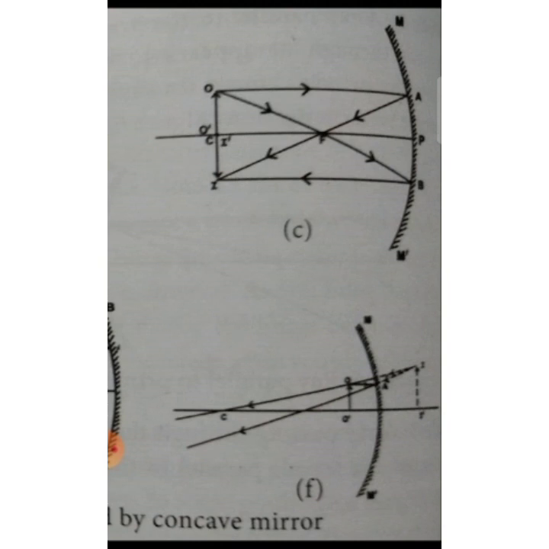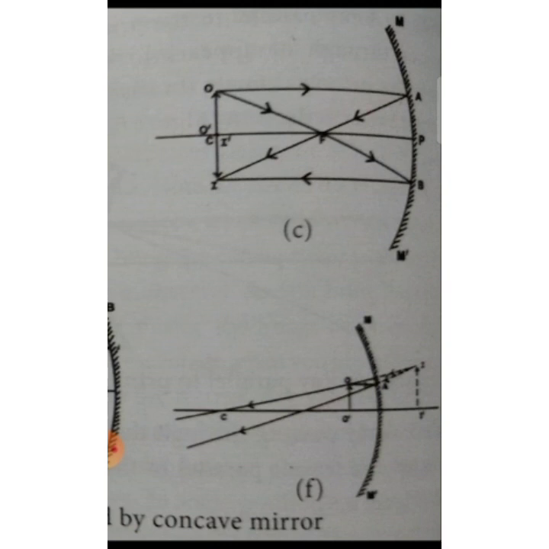see the F diagram. The object is in between the focus F and the pole P. What is the position of the image? Behind the mirror. You can see it is behind the mirror. What is the nature of the image? If it is behind the mirror, it is virtual. Virtual means Maya Bimbam, as we can say in Tamil. Because it is not formed on the screen. Then it is erect and magnified.